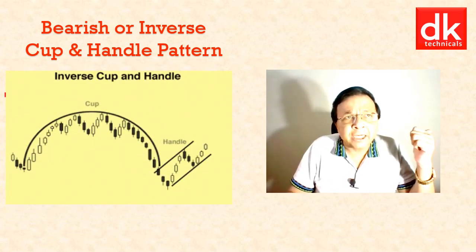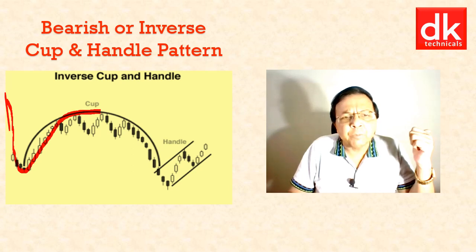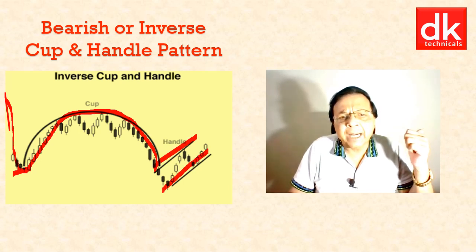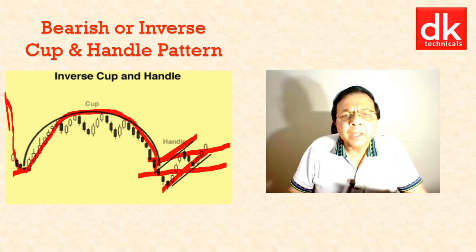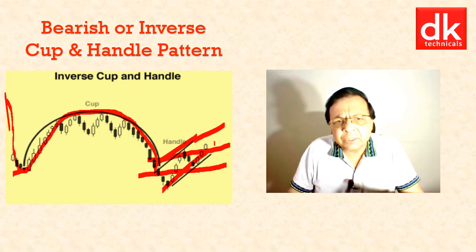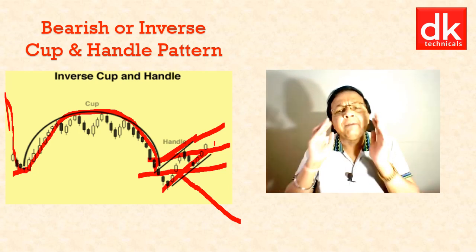The market is continuously falling here, and then we will have a pullback like this. A cup kind of shape would be formed, and after the price has risen from this level, there will be a drift upside and pullback upside, or it could be something like a horizontal handle formation, a consolidation band, and then there will be a breakdown of this particular pattern, and the price will further fall and the downtrend will continue.